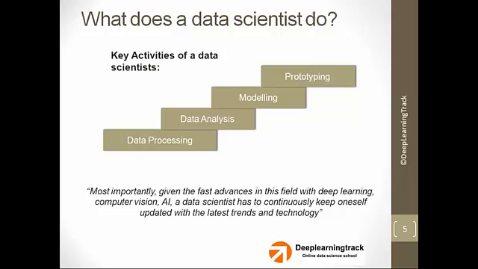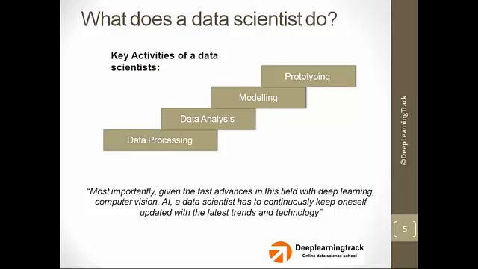Broadly, these are the key activities of a data scientist. First, of course, defining the business problem, the business objective. Then it's about understanding what kind of data is available, processing that data, making sense out of the data, then doing a data analysis: what is the data telling us, right? And then creating a model or a predictive model which will help solve the business objective, and also prototyping it. As I said, it's also about communication and prototyping it.